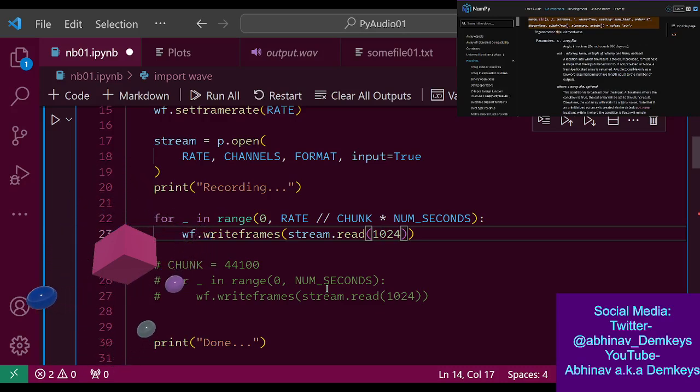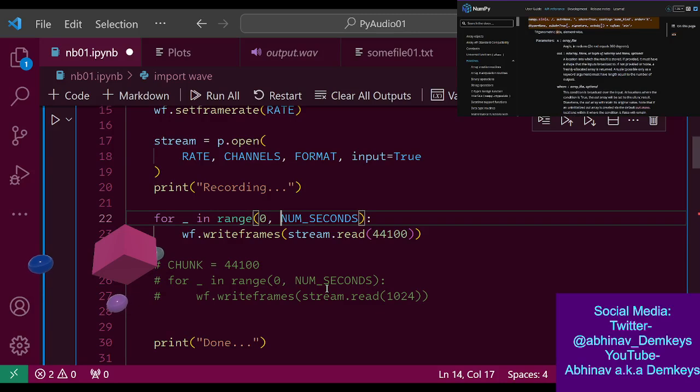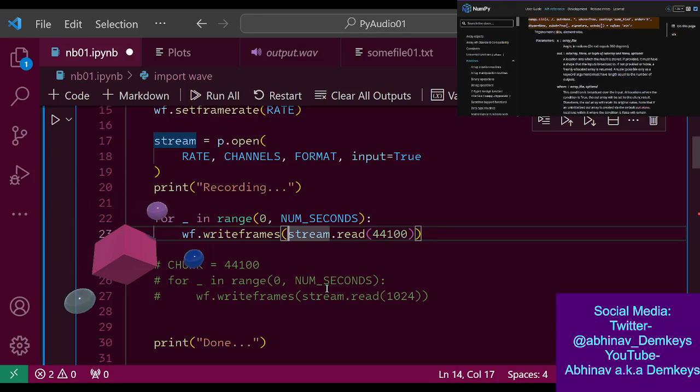What I was not able to understand was, if 1 second contains 44,100 frames, then what would be the difference between me doing something like this, right? Why wouldn't I just read 44,100 frames? But then it occurred to me, when I started talking about this, that it's also writing it to the file. So maybe it's,